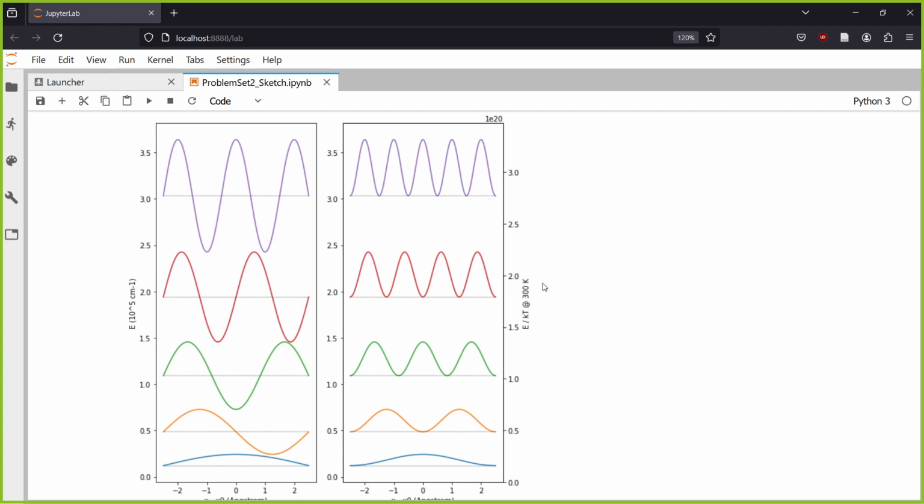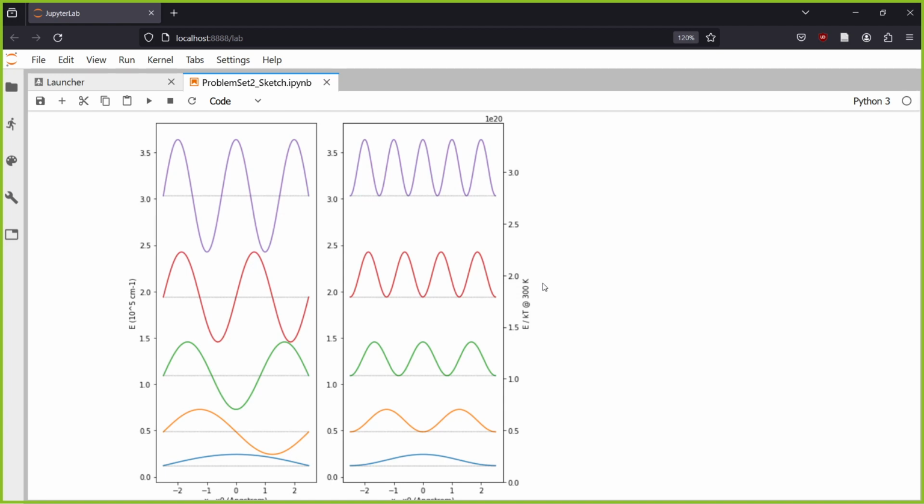Before I say anything, actually, I'll write this down and we'll see this again. These places where the probability is 0 inside of a box are called nodes. I'll write them down later. We'll look at them later. Nodes are a very useful thing to count. You'll notice that this one has 1 node. We don't really count the edges as nodes because it's 0 for all of them at the edges. So this has 1 node. There's 1 place where the electron can't be. There's 2 places it can't be here, in n equals 3. 3 places, 4 places it can't be in the middle